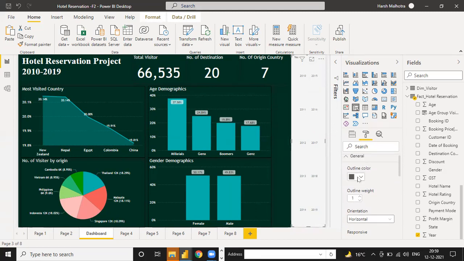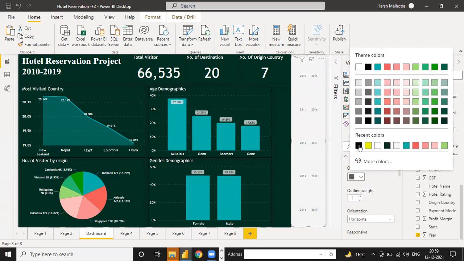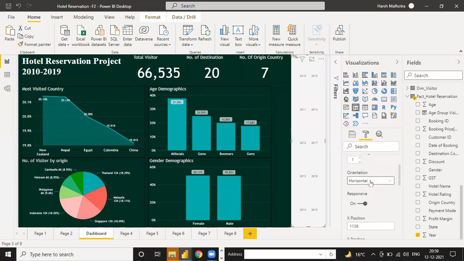Also you can change the outline color like black, or there is one more option here, selection control. Items, this one. Okay, go to this items.